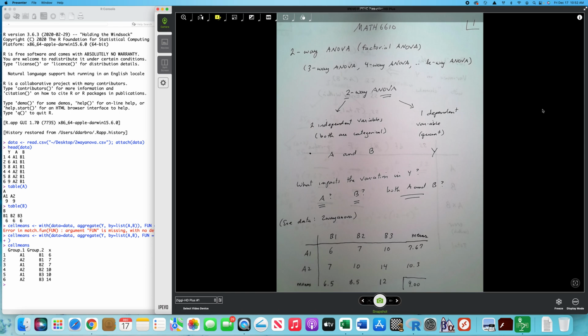So the overarching question here is kind of threefold. What source impacts the variation in Y? Again, variation, ANOVA, obvious connection there. So is it variable A? Is it variable B? Or is it variable A cross B, or the interaction of A and B? Now, if we were just focused on A, then we would just have a one-way ANOVA, right? But when we bring in that second layer, that second categorical variable, then we get into the two-way ANOVA